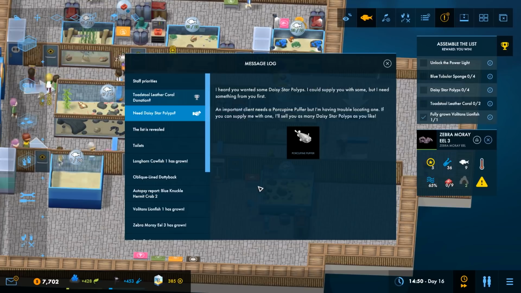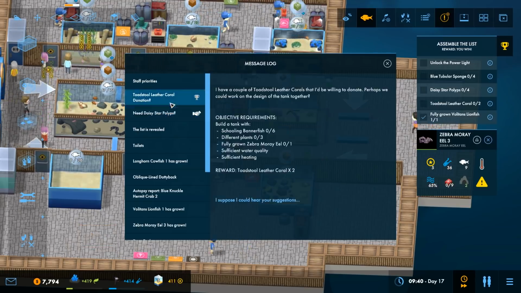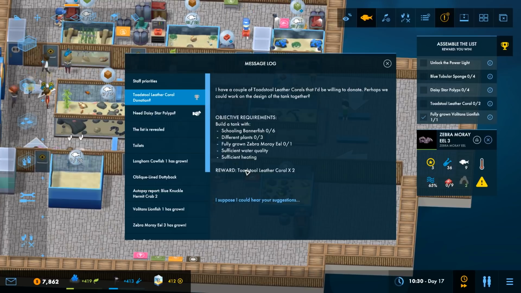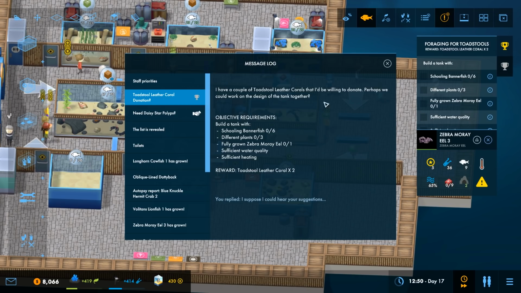Okay. I heard you wanted some Daisy Star Polyps. I could supply you with some, but I need something else from you first. Important client needs a Porcupine Puffer, but I'm having trouble locating one. If you can supply me with one, I'll sell you as many Daisy Star Polyps as you like. And I have a couple of Toadstool Leather Corals that I'd be willing to donate. Perhaps we could work on the design of the tank together. Build a tank with schooling bannerfish, different plants, fully grown zebra moray eel. The fish and water...